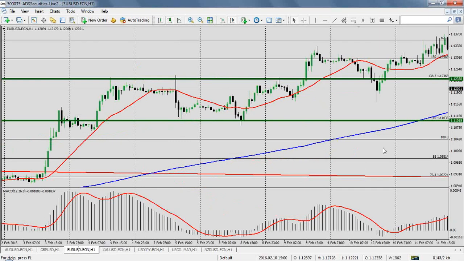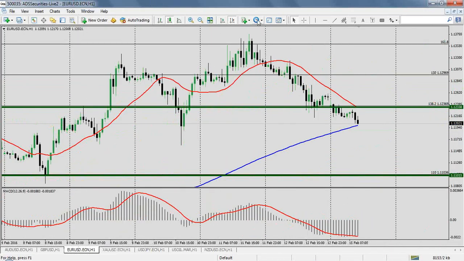This is at least my outlook. Okay, now this is the fun part. We are looking at the euro dollar for the fact that we have at 3 o'clock Central European time the speech from Mario Draghi, and